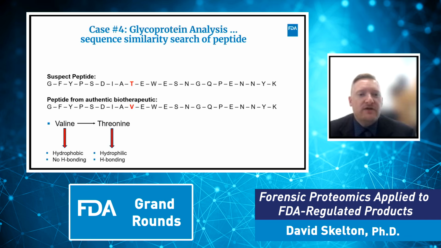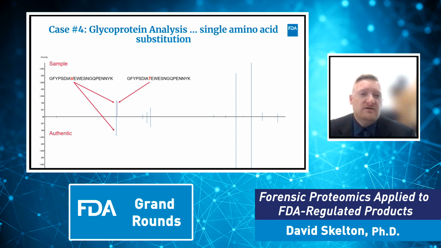Both valine and threonine have different properties, whereas valine is hydrophobic, threonine is hydrophilic. This can cause changes in the structure of the biotherapeutic and can have effects on the function. So if we look at, going back to our mirror plot, we can see that the natural form of this